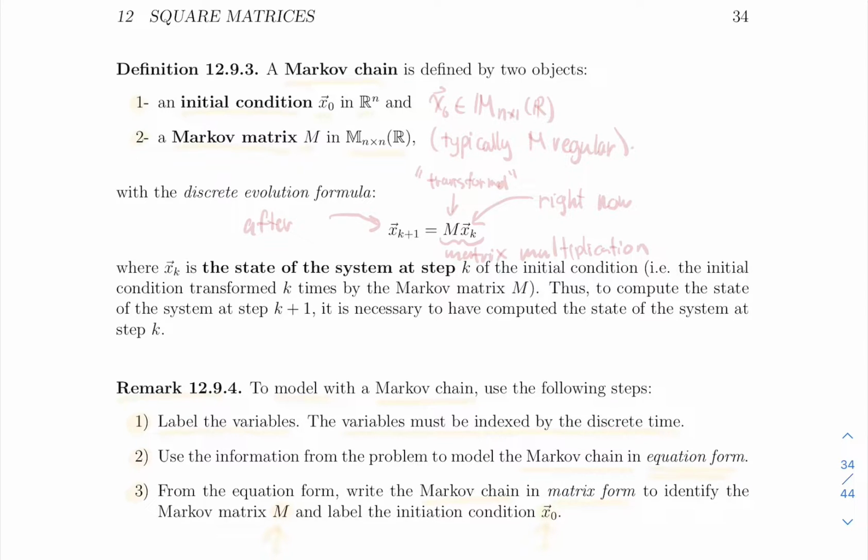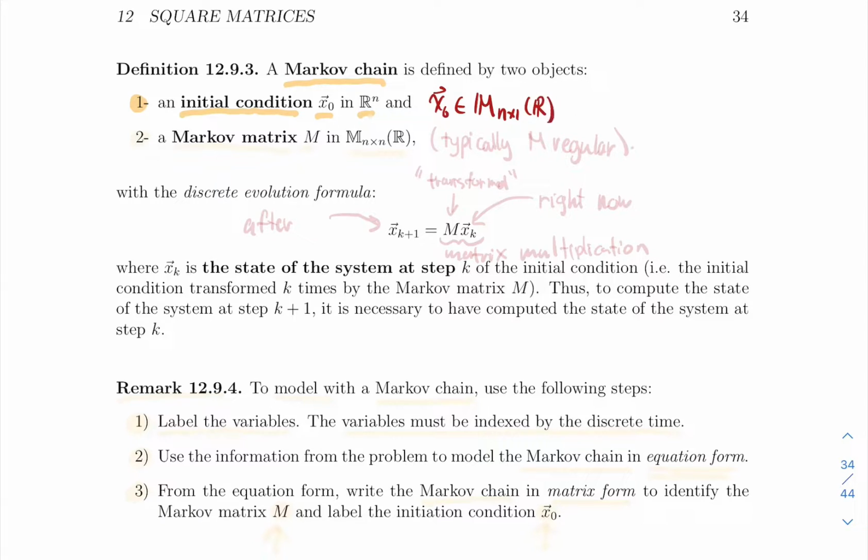All right. So what is a Markov chain exactly? The definition of a Markov chain, mathematically speaking, is defined by two objects. The first object is an initial condition given by a vector or a column matrix. Typically, if we are modeling something with n variables, that vector is going to be in R^n, or if we're thinking about this as a matrix, this x0 is going to be a matrix with n rows and